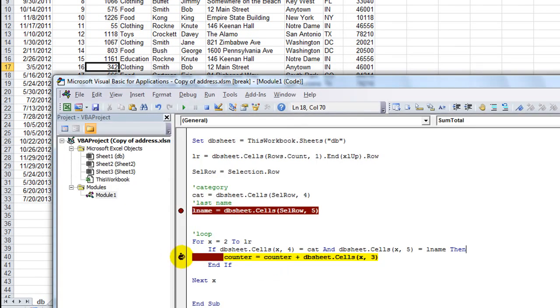I'm going to go ahead and we'll put a stopper right here at the end. I'm eager to see what happens once it runs all the way to the last row. So counter is going to be 1409 total. Looks like there were only those two rows that had Smith and clothing in them. So that's very interesting. At the very end of our code, instead of stopping it, let's put a message box